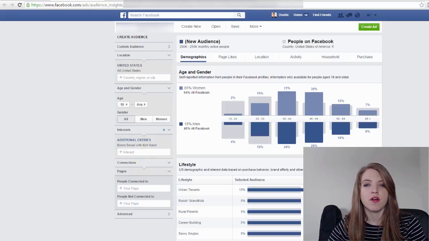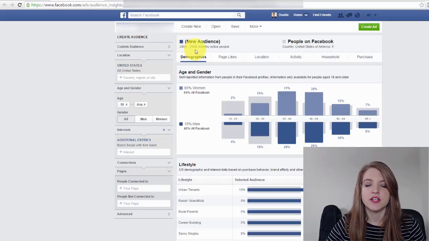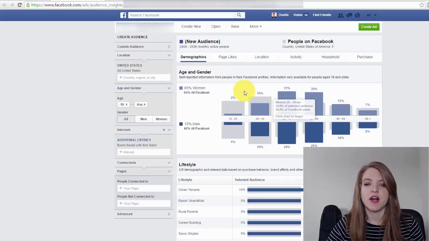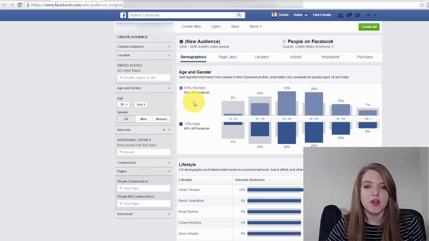What kinds of people are following her page? What kinds of people are engaging on her page? When we put that information in, what you're going to see here is the demographics. You can see up here, her audience size is about 200 to 250,000 in the United States, according to Facebook Audience Insights. But right away, what you're going to notice is she has 85% women as her audience